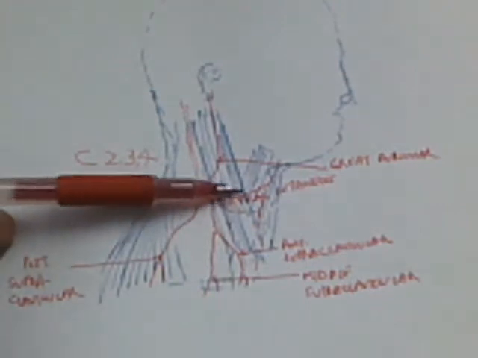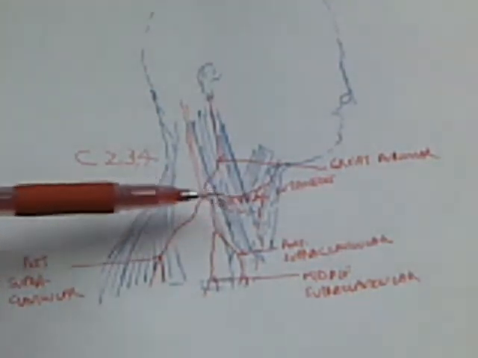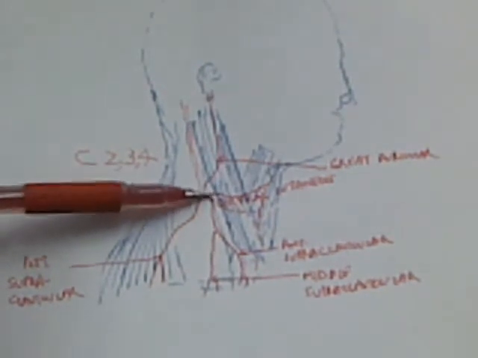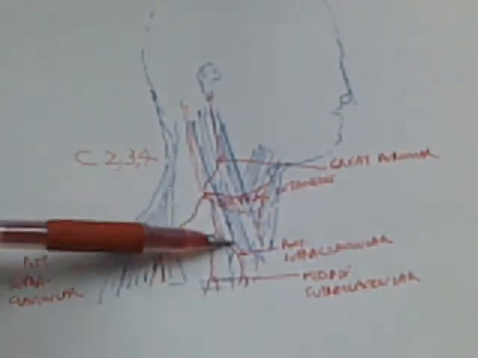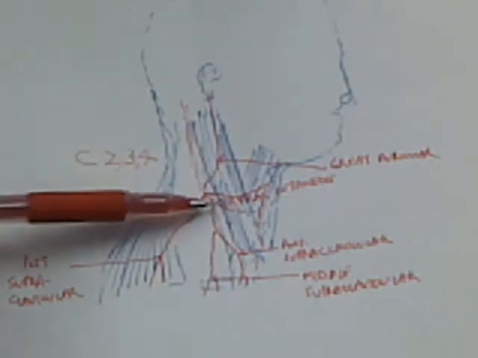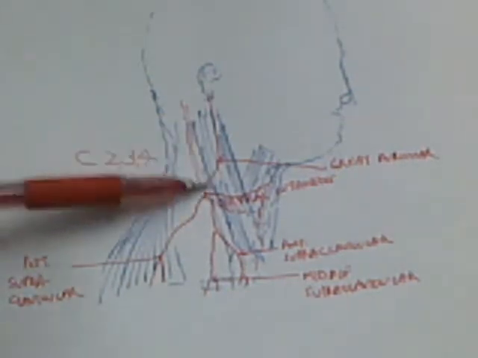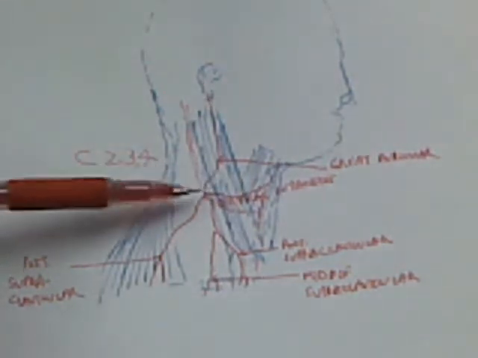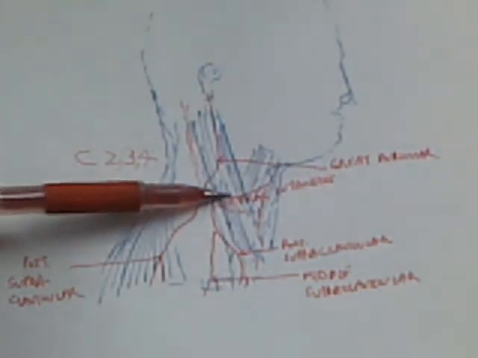It turns around the posterior border of the sternocleidomastoid about its middle and passes obliquely forward beneath